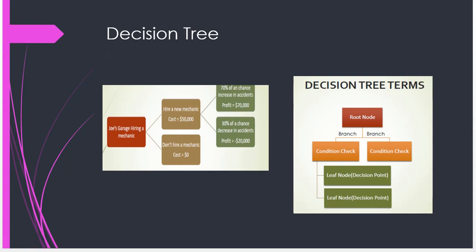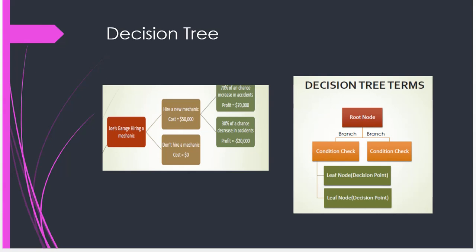So this is another example of a decision tree. For example, George's garage is hiring a mechanic. If George hires a mechanic, it's going to cost him $50,000. If he doesn't hire a mechanic, it's going to cost him $0. But if George hires a new mechanic,